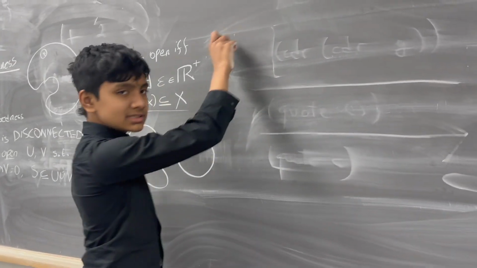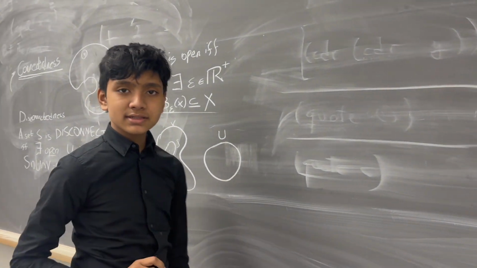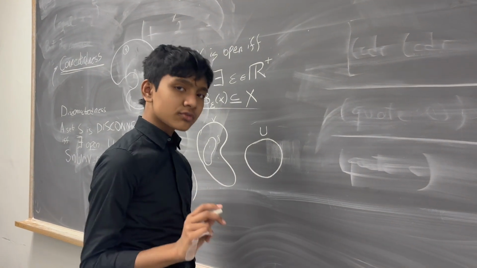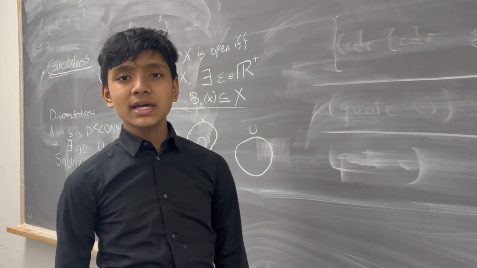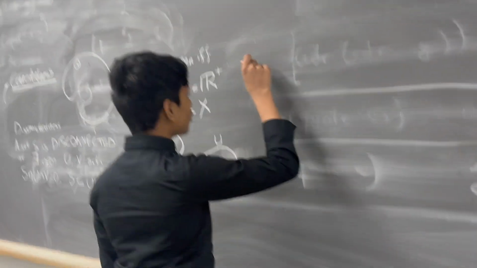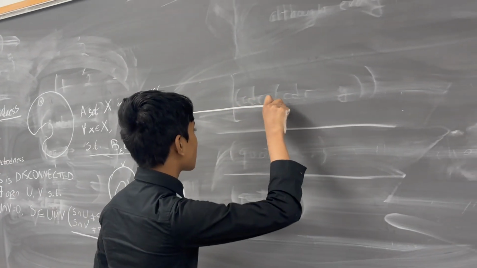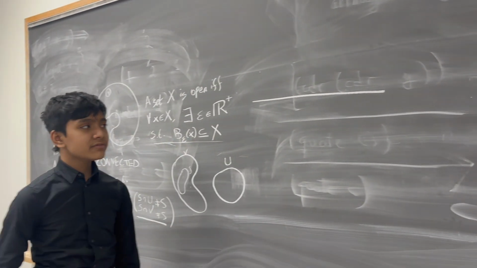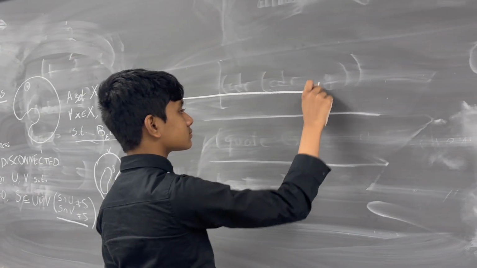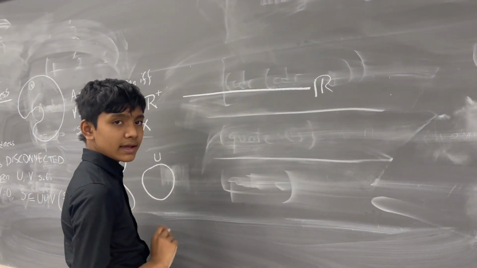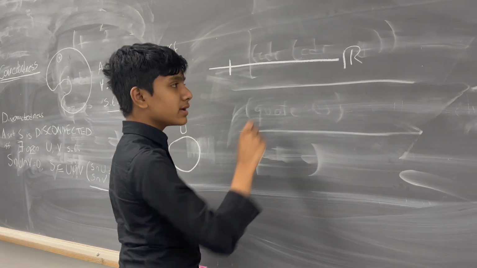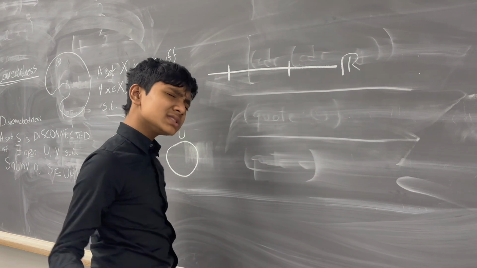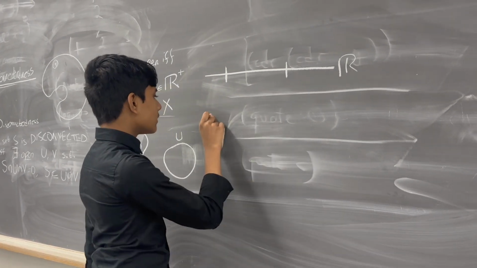So one short exercise we're going to do is prove that an interval is the only structure in R, the real numbers, that is connected. So we have the real line, and now we're going to take one point and another point. So what's the definition of an interval?